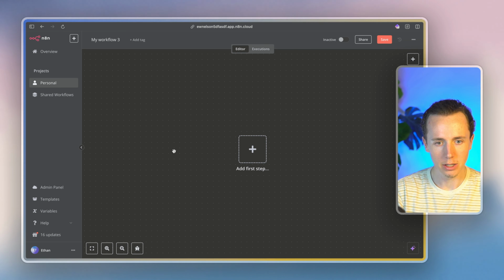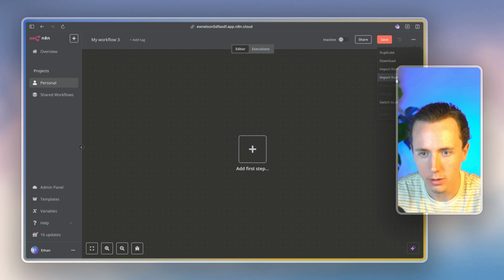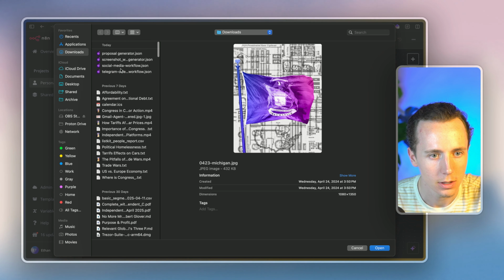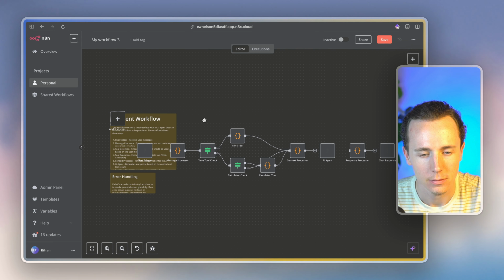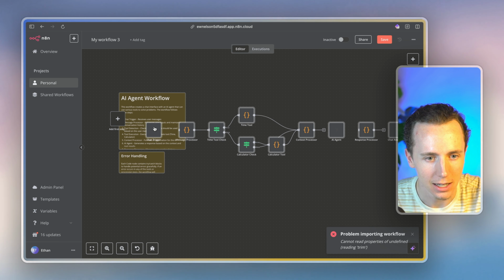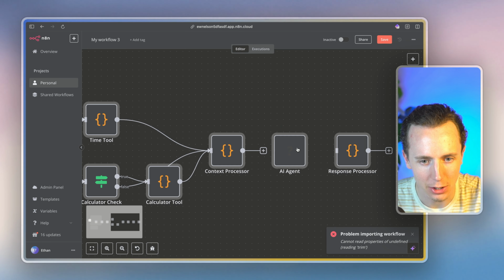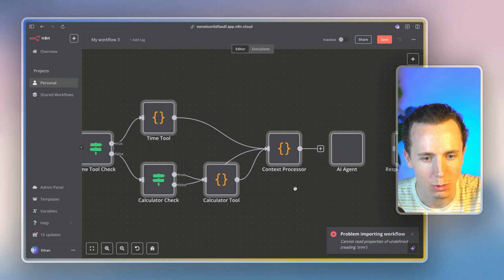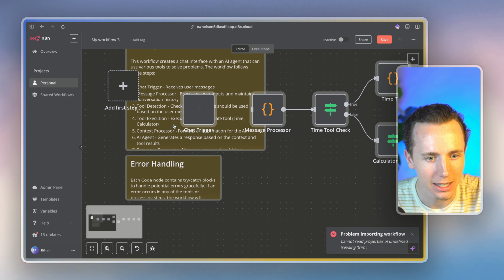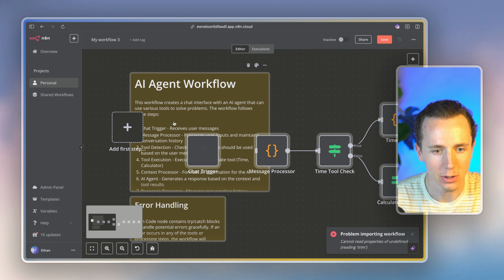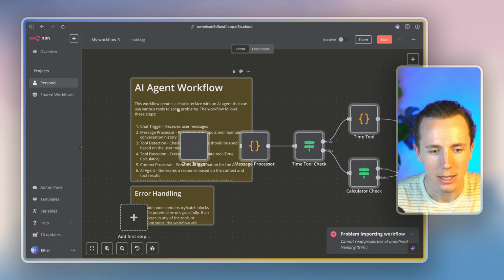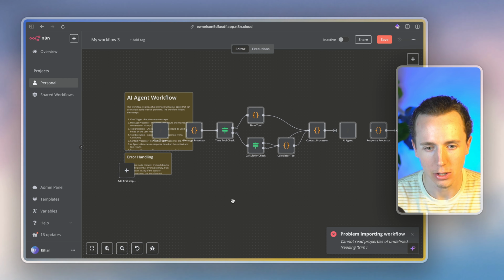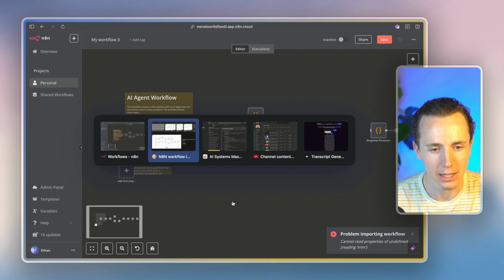And now if I go in here, if I go import from a file using the screenshot one, you can see that sometimes it doesn't understand what is an AI agent, but you can see it's adding in all these custom code modules. It's writing us a bunch of custom code. It's getting the tool check. And so this one looks like it was trying. And so as you can see, it's not perfect, but it's really great for ideating on different workflows that you can create, building out the outline and the structure